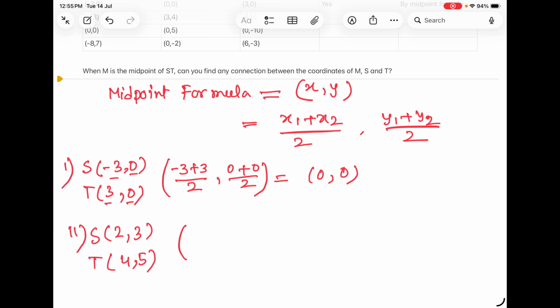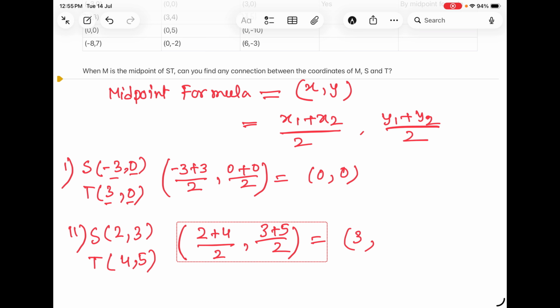The coordinates of M: 2 plus 4, because 2 is x1 and x2 is 4, so (2 plus 4) by 2, and (3 plus 5) by 2. 4 plus 2 is 6 by 2, that is 3, and 5 plus 3 is 8 by 2, that is 4. So we are getting the midpoint of ST as (3, 4),